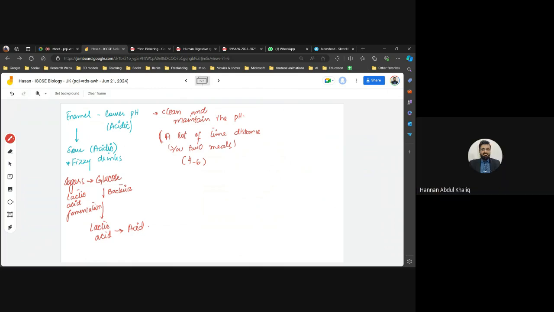If there was any damage that could have been done, it is done because you have given the bacteria almost 6 to 8 hours to perform the lactic acid fermentation. The damage has been done. So it is totally useless. Always remember you need to brush your teeth after your dinner, after the last thing you take, and after the breakfast, because